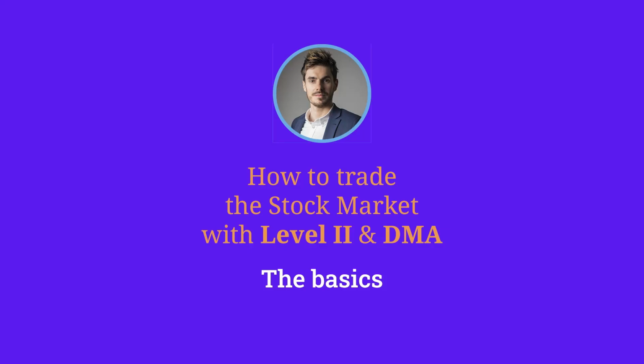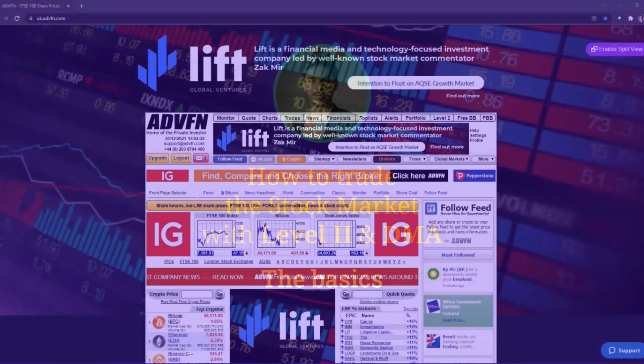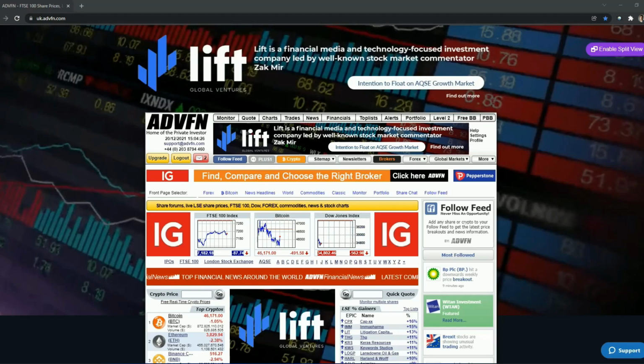Let's start at the absolute beginning. Let's really walk through this with baby steps to begin with, just so it's super clear what it is we're actually looking at and why we need it. What is level 2? What does that even mean? What's level 1? Does anyone even know what that means? So let's start by understanding what level 1 is before I explain what level